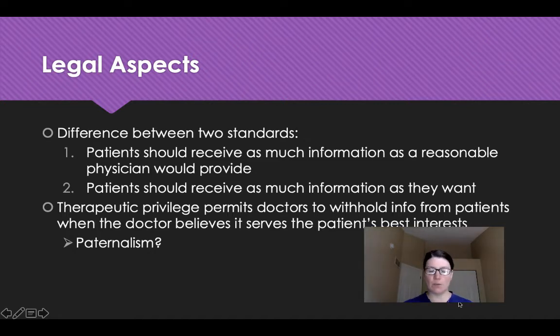Sometimes, due to therapeutic privilege, a doctor will narrow the information available to the patient, just because it's in their best interest. It's far and above what we can manage as a layperson to sift through,